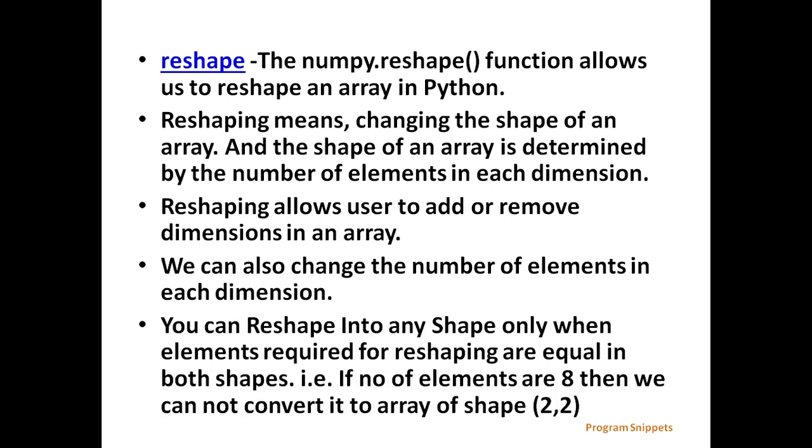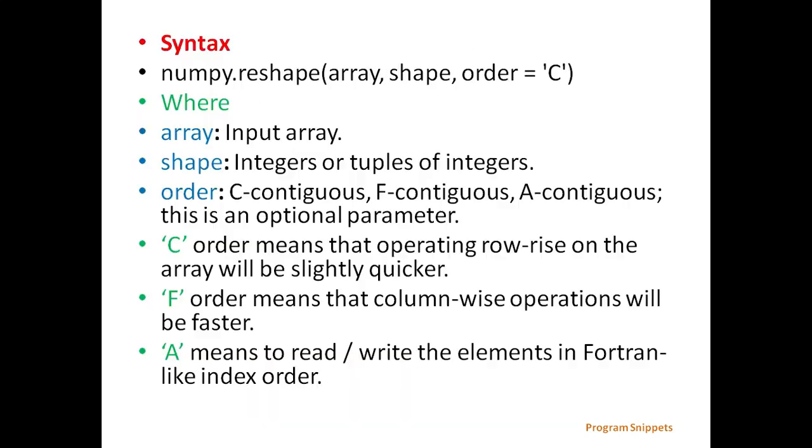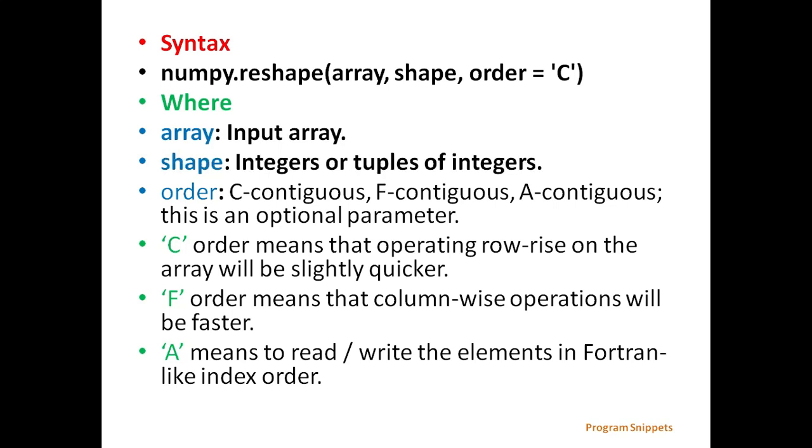You can reshape into any shape only when the elements required for reshaping are equal in both shapes. That is, if the number of elements is 8, then we cannot convert it to an array of shape 2 by 2. The general syntax is numpy.reshape(array name, shape, order), where array is the input array, shape is an integer or tuple of integers,